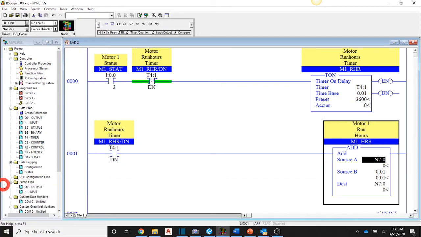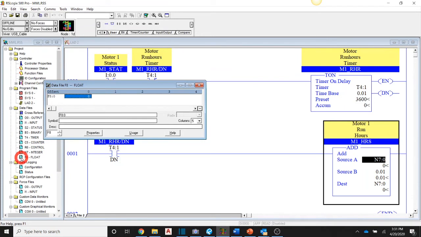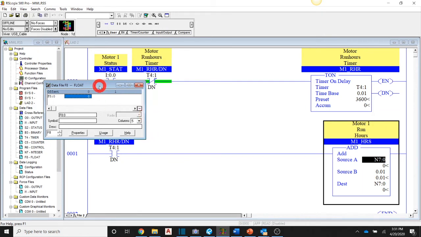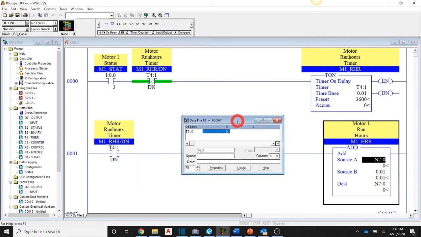So, how can we fix this problem? Well, it's just another register. If you notice, the last register type we haven't talked about in the data files area is these floats. Some PLC systems call this real. In mathematical terms, these are real numbers. Real numbers are any number you can find on the number line. So you can find whole numbers on the number line, or you can find numbers that have fractions on the number line. So 1.1,